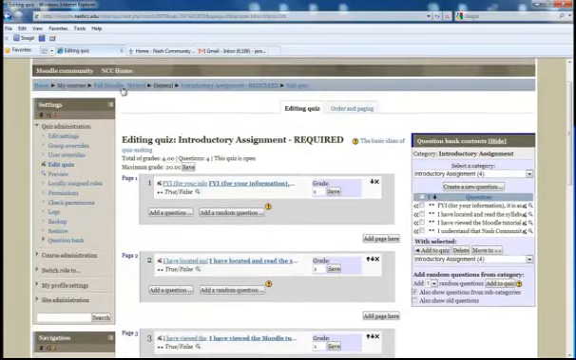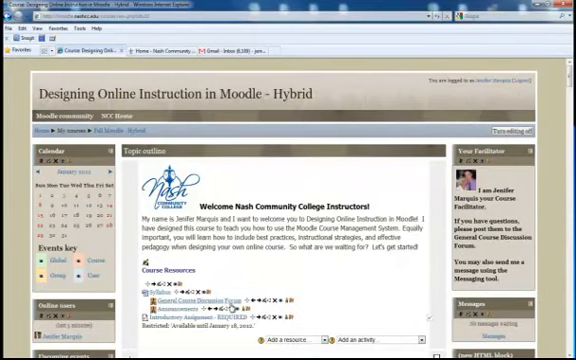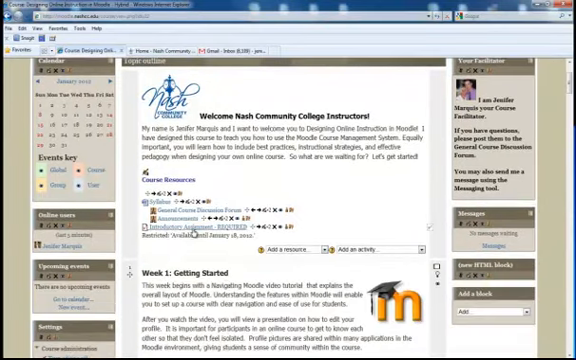So if I come back up here to my breadcrumb and click on my course, let's check and see how the quiz looks. And here it is, introductory assignment required, and it's restricted. It's available until January 18th, 2012. So I actually want this to be available until January 19th. So let me click on my edit button,